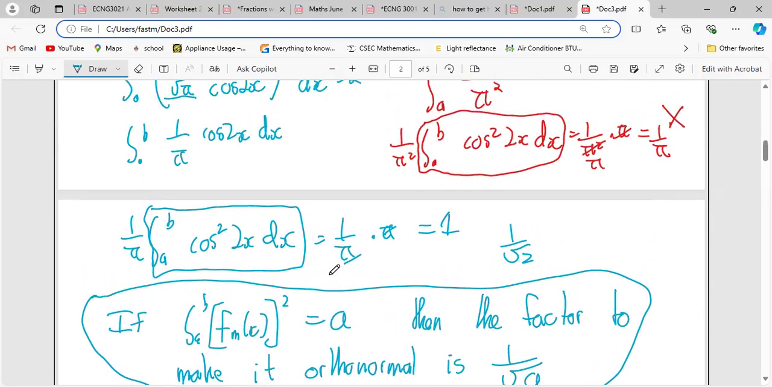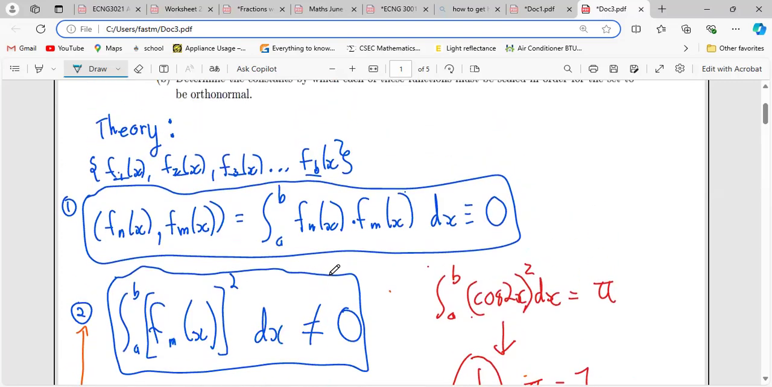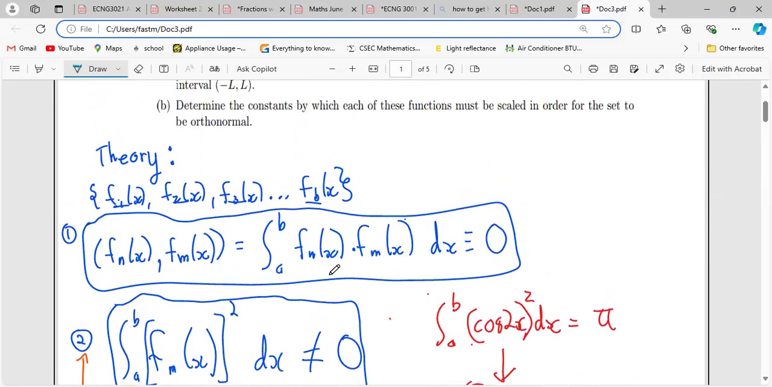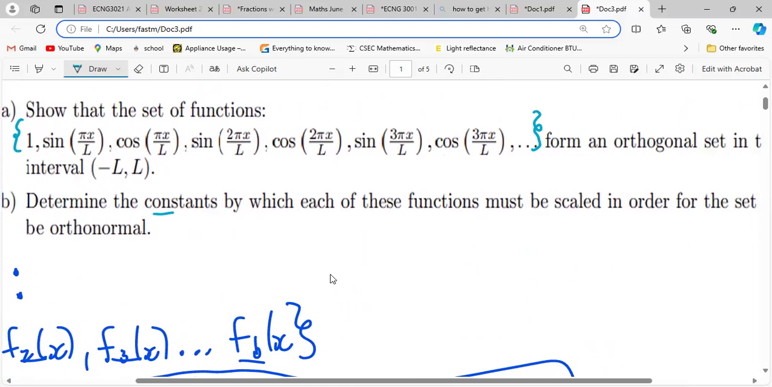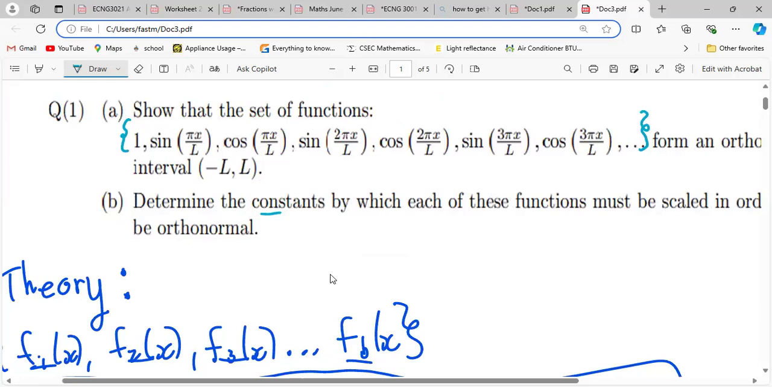All right, but all in all, from orthogonal or whatever, she's going to give you a set of functions, right? Which is like this here. A set of functions, straight up until infinity and beyond. What we have to do is pick combinations of these functions, multiply them, integrate them, and check to see if they equal 0. Then, if she asks you to determine the constants by which each function must be multiplied, or scaled, however it's stated, to become orthonormal,